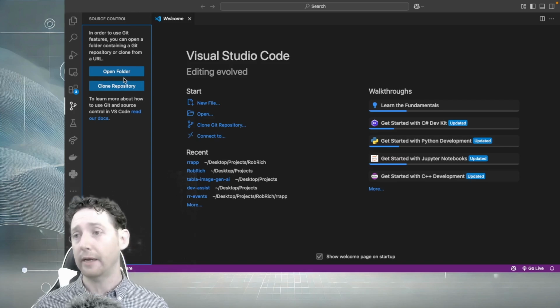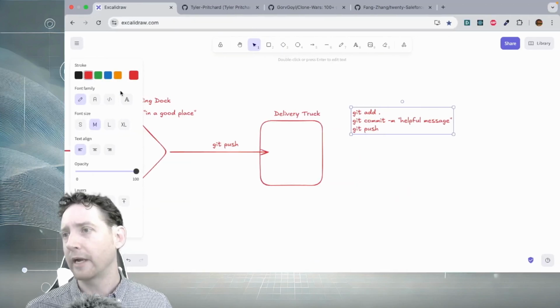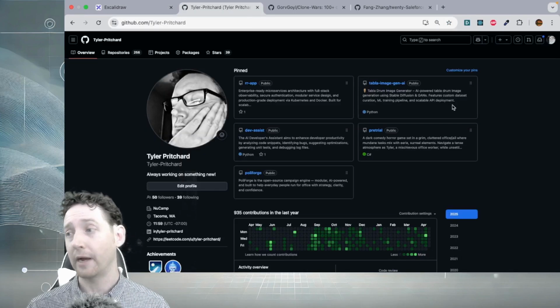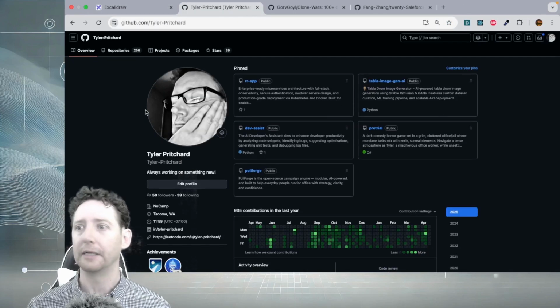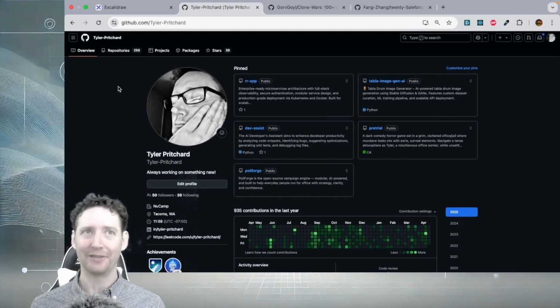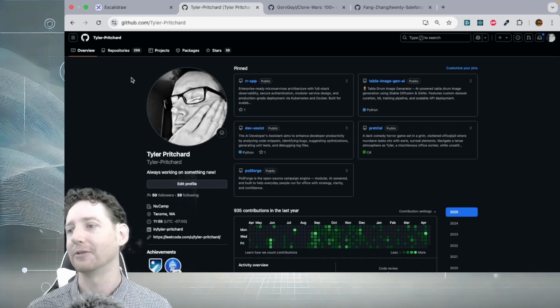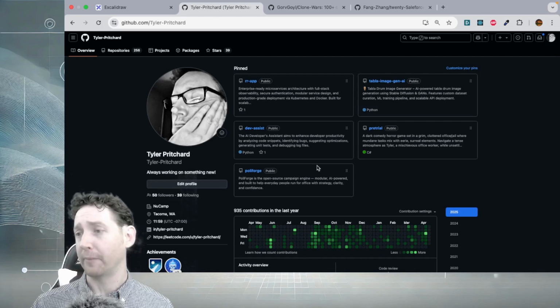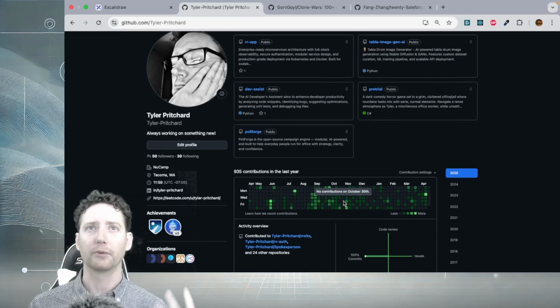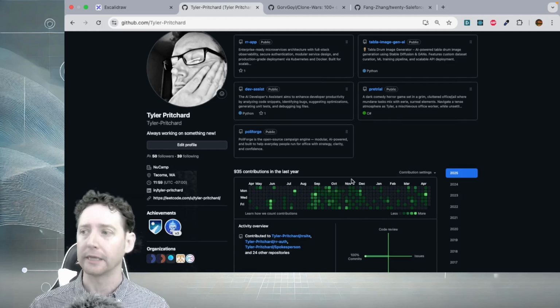So let's go ahead and create a repo. I have a very simple way of doing this. It's kind of hacky, but it's worked for me, and it's generally what I teach people. Yes, of course, you can do this all manually through terminal commands, and we'll see how to do that. Another thing about Git and GitHub is that this is your developer portfolio, so it is important that you push code up to it if you're looking to demonstrate your skills as a developer.